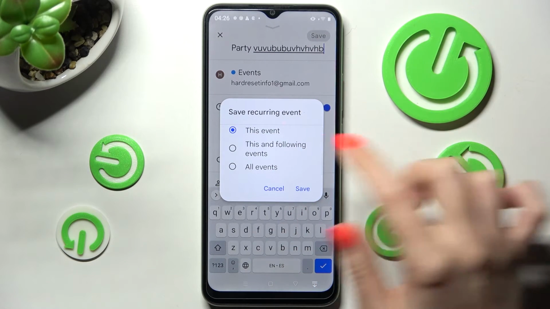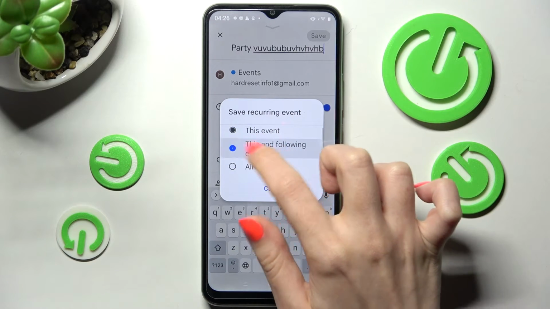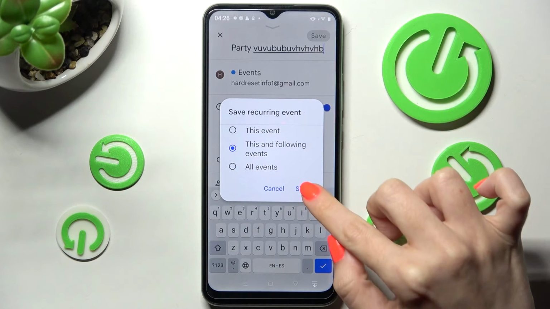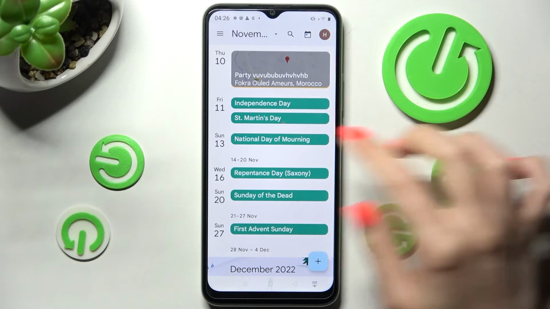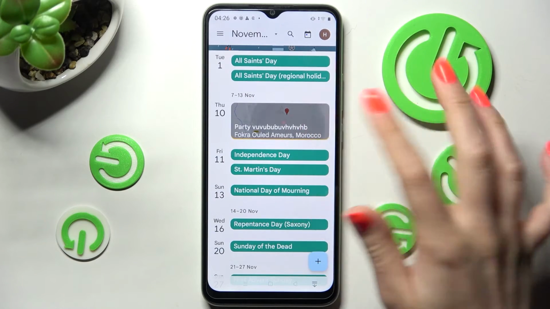I want to change this and all following events, so I have to tap on this option in the middle and choose save. If you wish to get rid of your event though, you need to click on it again,